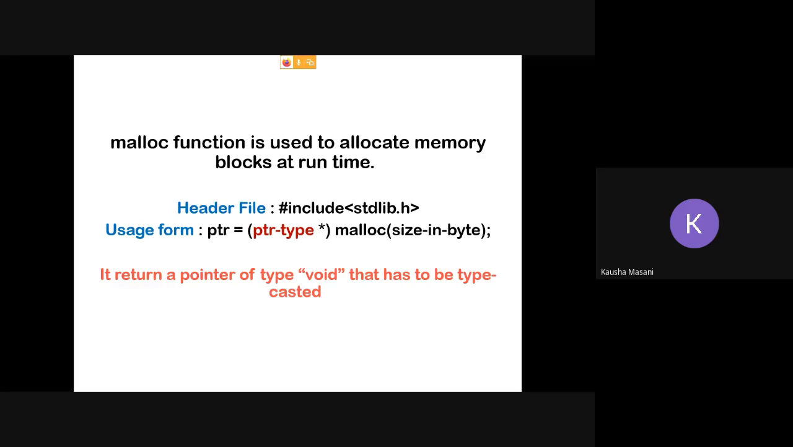See, this is the reason malloc returns the pointer of type void. That has to be typecasted, so that's why we are using here ptr type star. And this ptr type is nothing but the data type of this ptr. All right. Fine, I hope everybody is clear on this part,